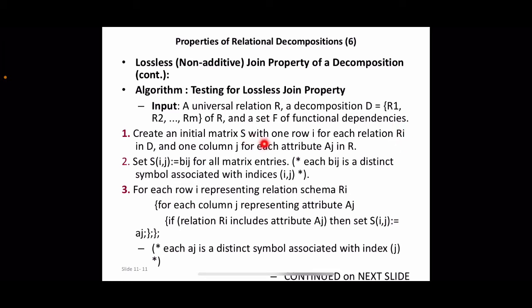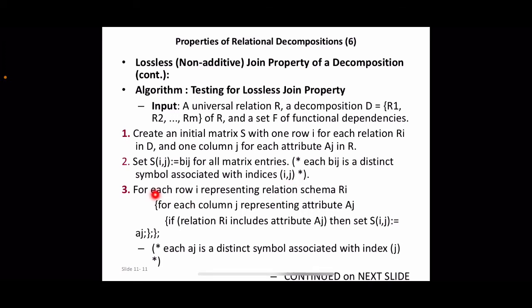This is how we create an initial matrix. And how to set the values in this matrix? Set Sij as bij for all entries. Each bij is a distinct symbol associated with indices i and j. Simply put bij, b11, b12, etc.